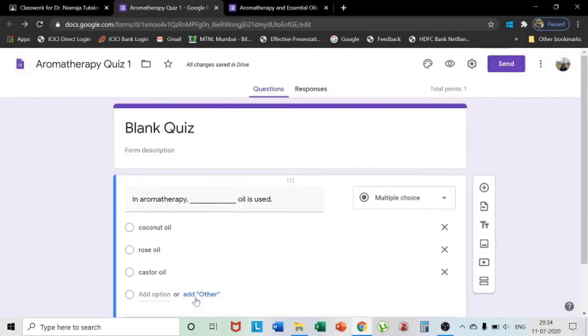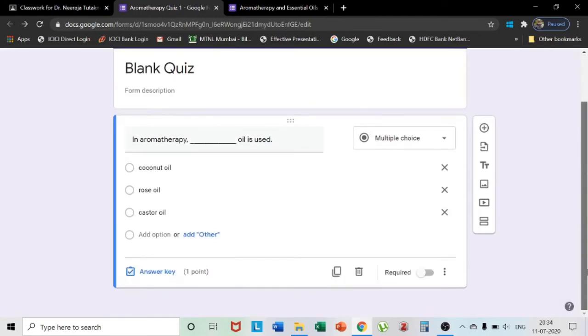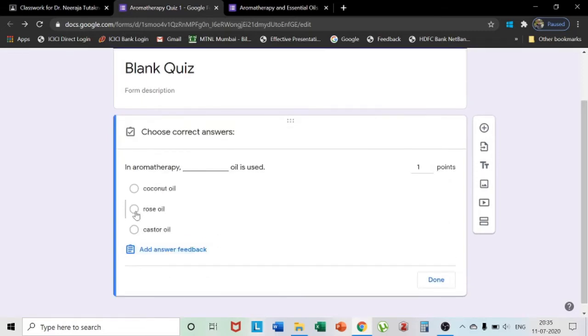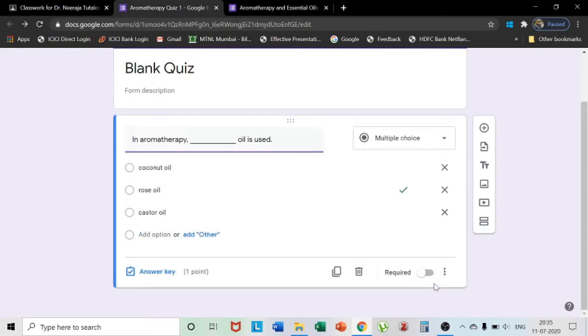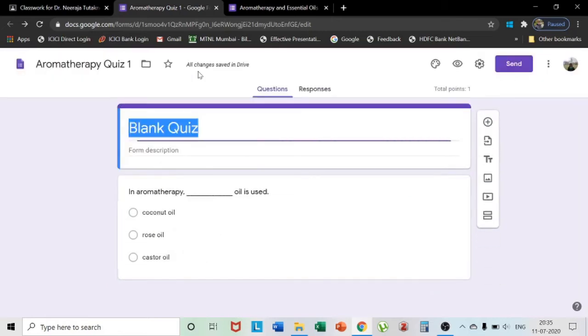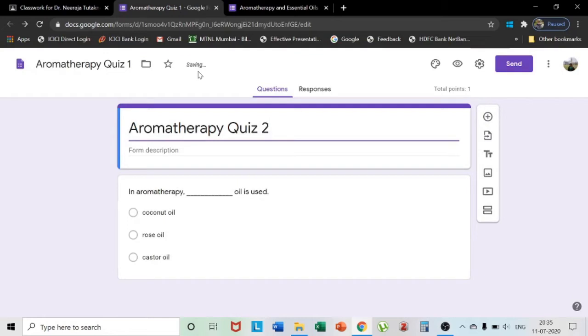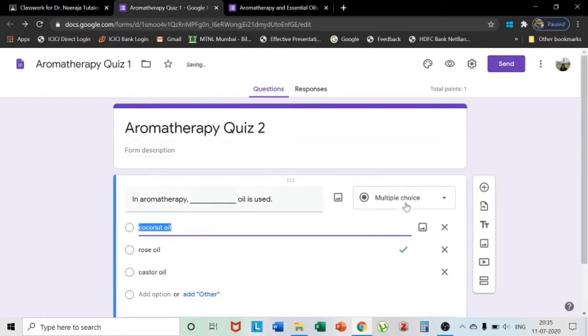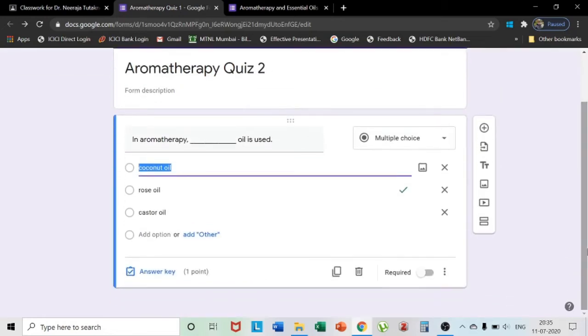So close it and add the answer. Rose oil is the correct answer, so I'm clicking it. By default, the computer will correct it when the response is generated. Here also you can give the same name. I forgot. Okay, so the first question is set.